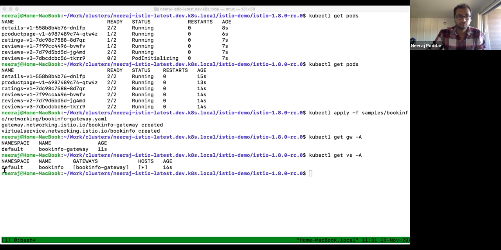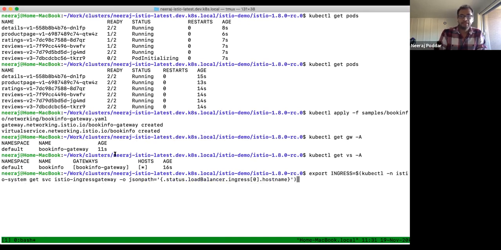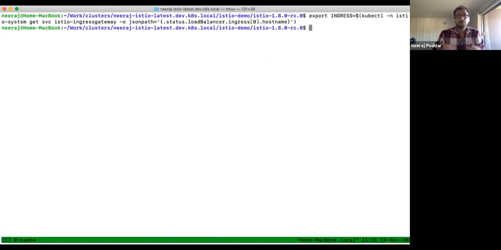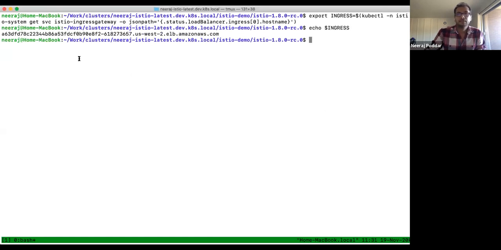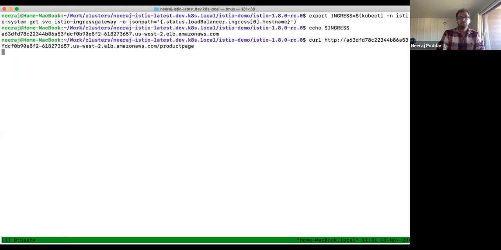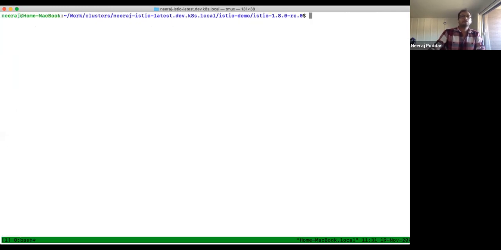So I'm going to just quickly get my ingress, and then I can use this ingress to access the Bookinfo application. So I can do, there you go. And to see a better output, I can just do this, I think.